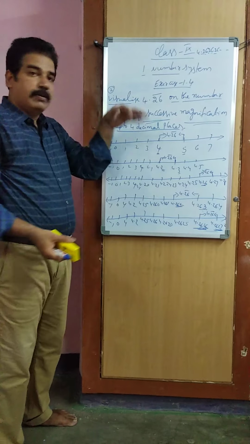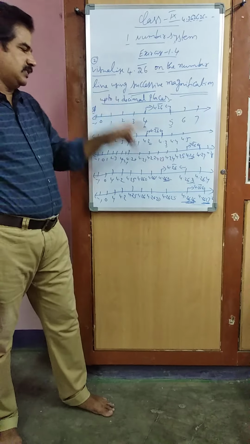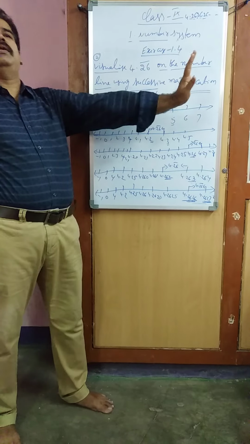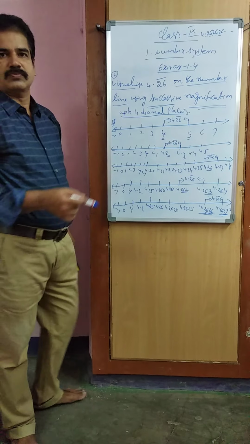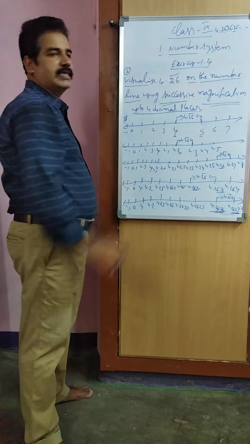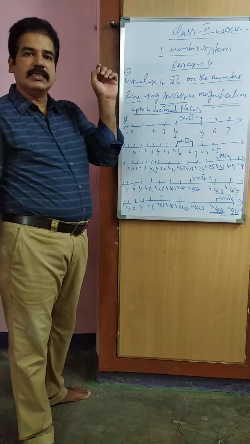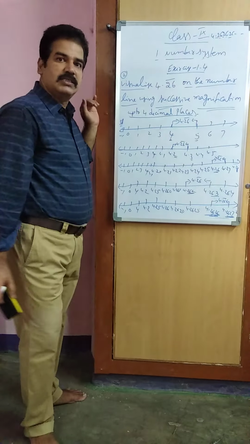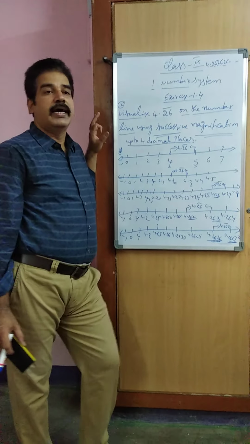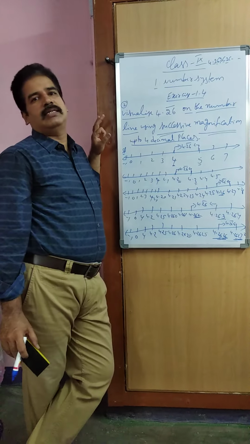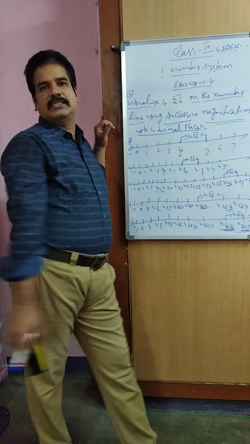We cannot magnify exactly. That's why for non-terminating numbers, however many decimal places they ask, up to that number of decimal places we can represent it. Understand? Okay. These are 2 sums in exercise 1.4, visualizing decimal numbers on the number line. Representation of rational numbers on the number line we already learned in previous classes. Now representing decimal numbers on the number line, in that terminating decimals we represented on the number line in the previous sum.